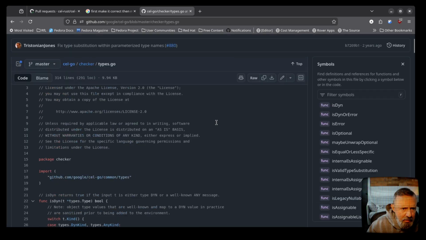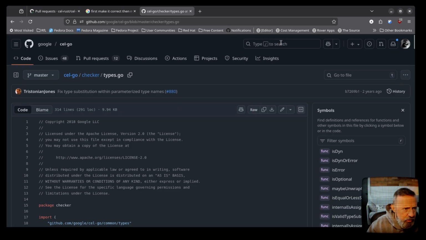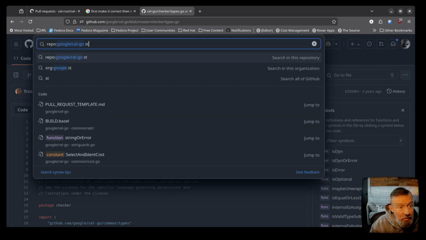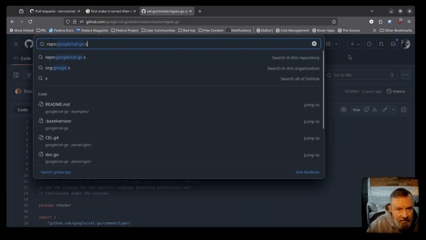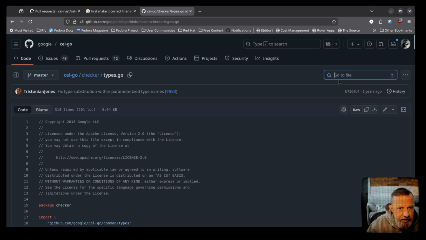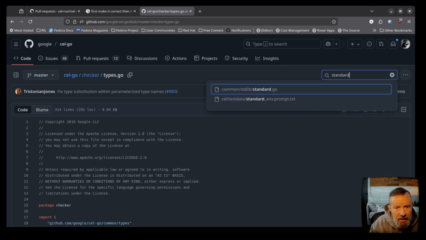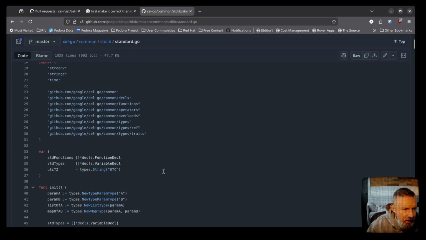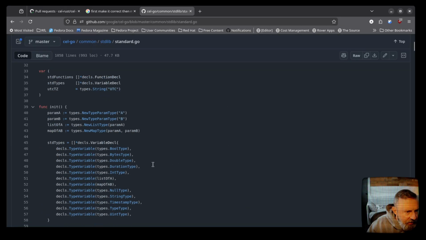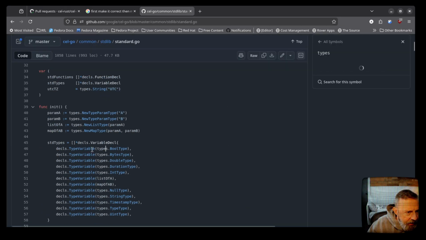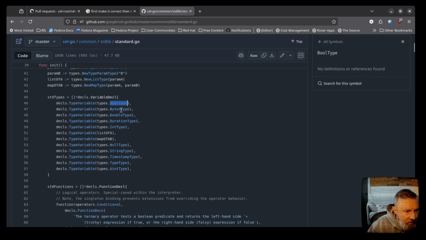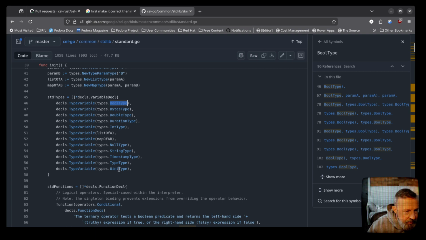So you know what? I'm going to search maybe in the standard lib. Oh, it's inside standard. That's the name of the file. Standard go. All right. Do they define the types in here? Out variable. There you go. See, right? These are all the types that we need to support, right? So if you look at this list,